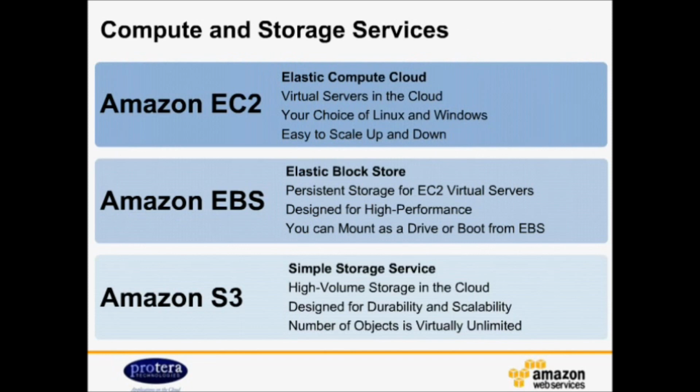Let's quickly talk about the 3 main building blocks typically used in an SAP environment. We saw those on an earlier slide. First, there's the EC2 platform. Basically, this is virtual computers, or what we call instances, with a big twist. Here you're able to obtain and boot new server instances in minutes. You can quickly scale up or down capacity, and you also have the ability to create a library of images for various scenarios. We see a lot of SAP customers quickly provision these instances, install their SAP application, and then create an image or library which they can use to create additional systems for applying enhancement packs or regression testing or things of that nature. So it's very, very scalable and very